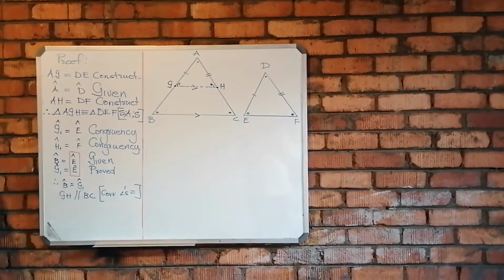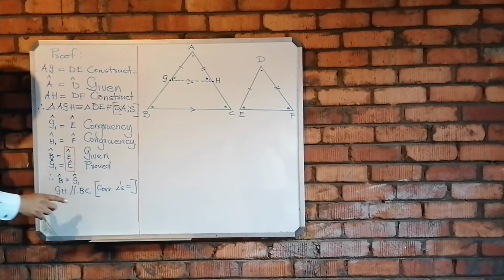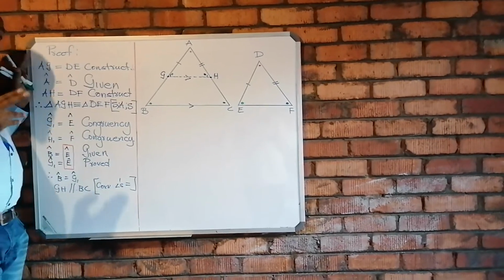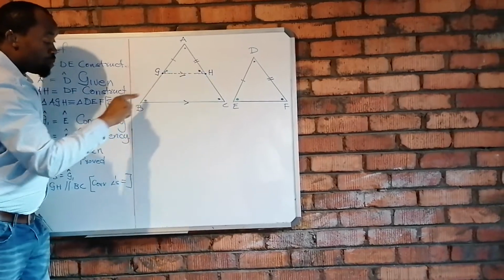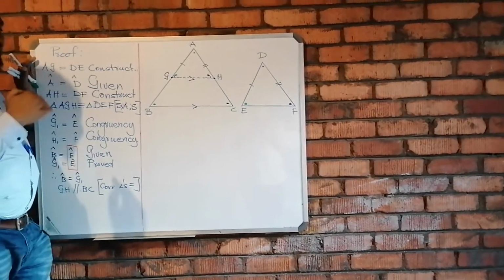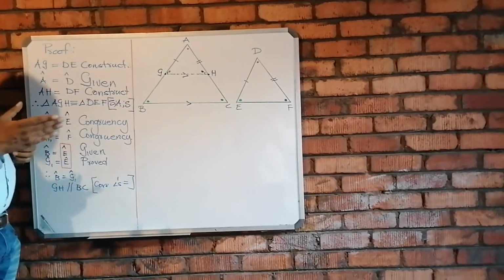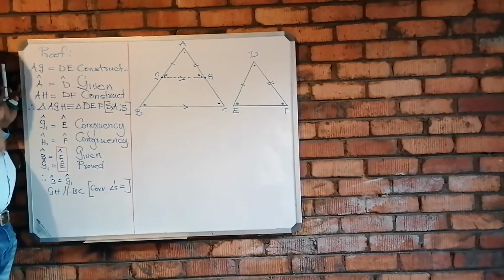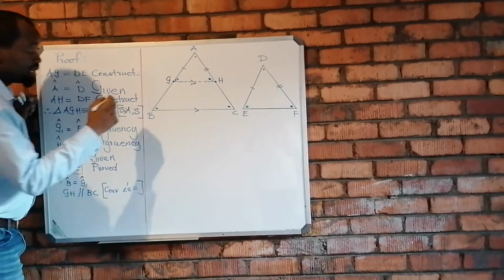Finish off this beautiful theorem. Now from here, remember the previous theorem. A line drawn parallel to one side of the triangle divides the other two sides in the same proportion. Now it means from the previous theorem, I can therefore say